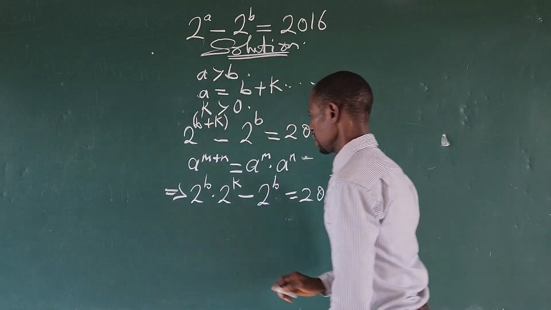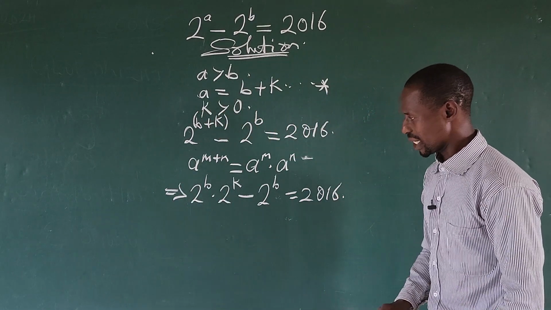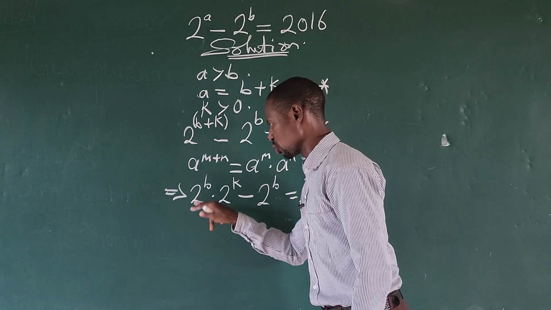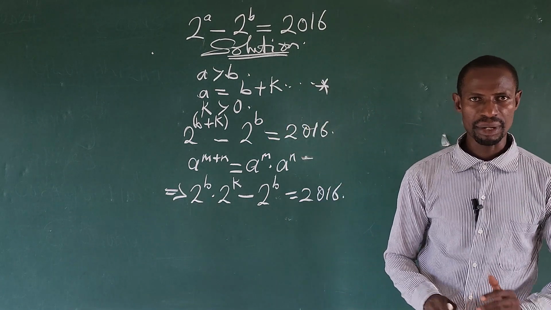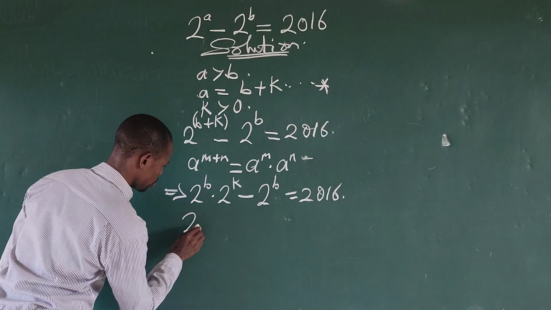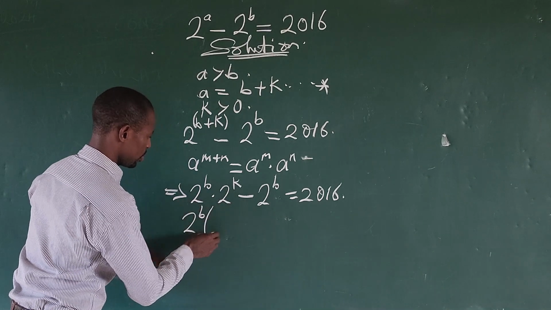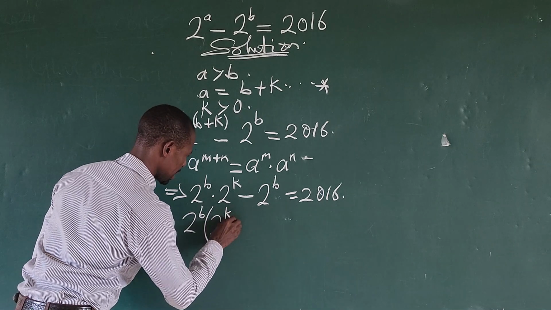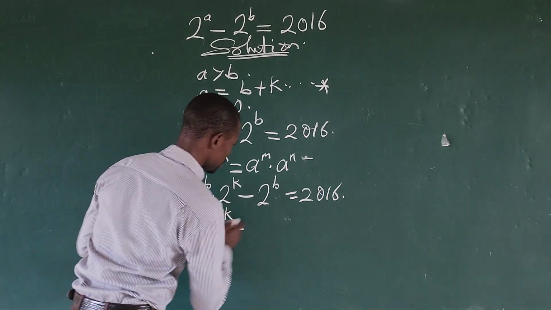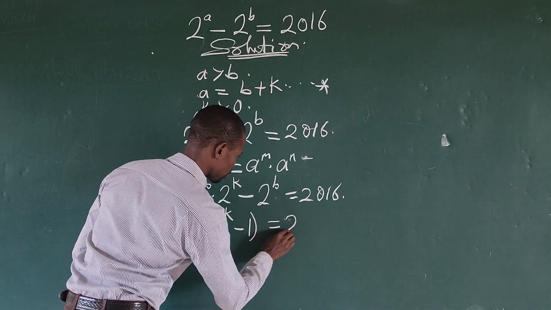2016. Can you see something playing out here? We have 2 to the power of b here and 2 to the power of b here. So let's separate that out and see what this gives us. We bring out 2 to the power of b in brackets. Dividing the first term by it, we are left with 2 to the power of k, then minus; dividing the second term by it, we are left with 1. Close bracket. This is equal to